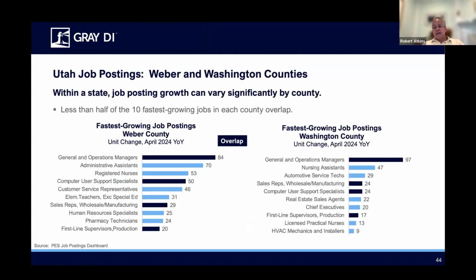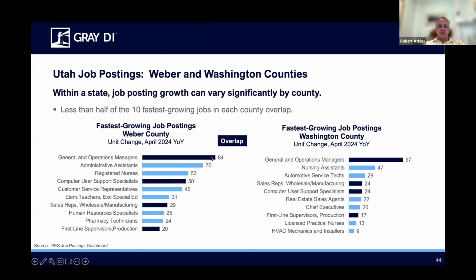And then, I always look at this and I go, do I have to keep track by state? The answer is absolutely, because it varies by state. And then you dig in and you say, oh, wait a second, it's actually highly varied data within a state as well. So you look at 2 counties in Utah, and you find that the jobs that are popular there, what people are enrolling in, very different at the county level.